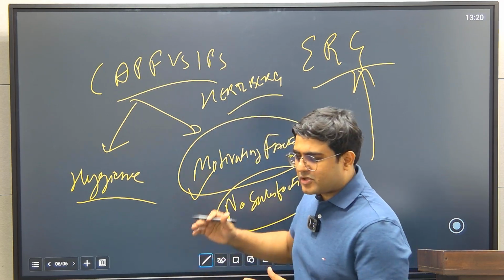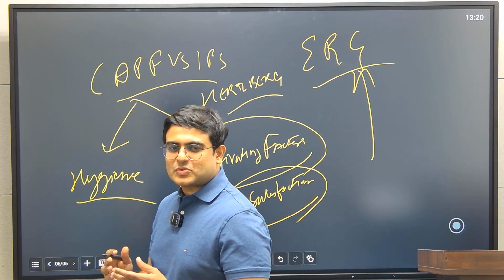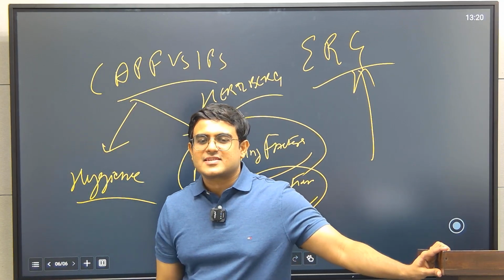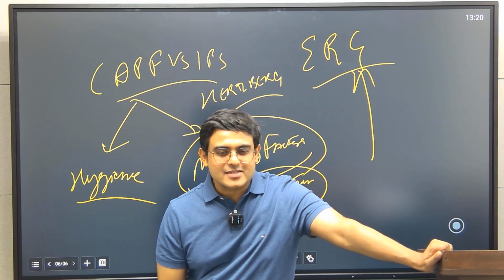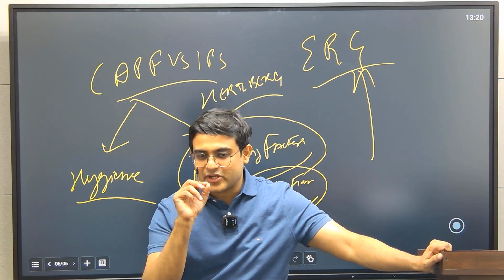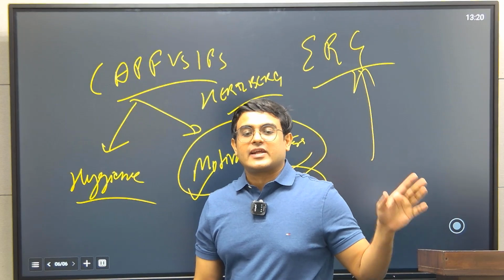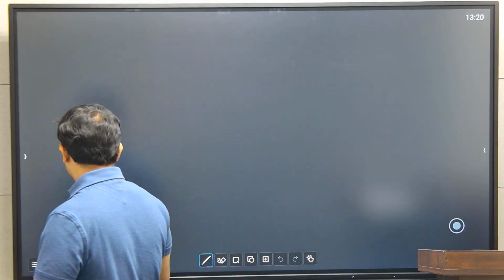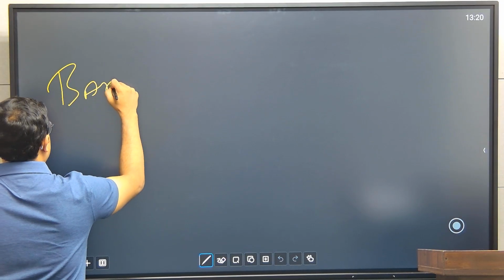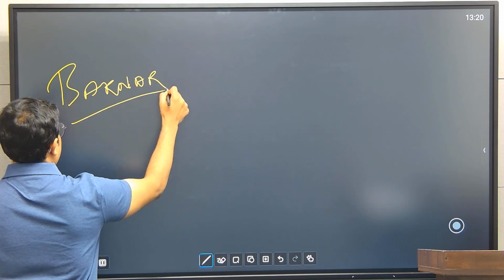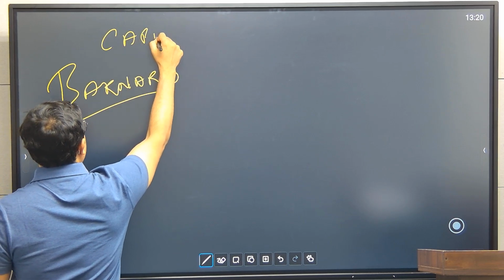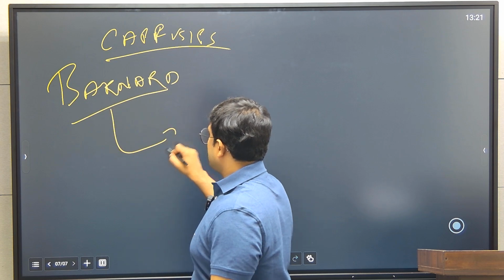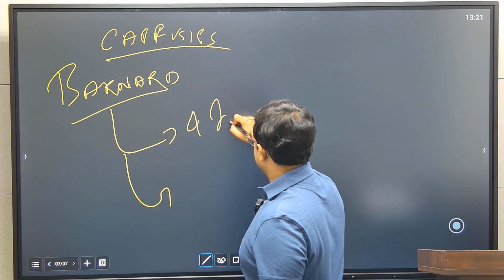Then all the motivation we have linked. Now let's link to the administrative thinkers. Which thinker talked about this? Incentives, etc. Yes, Taylor talked about incentives, but only economic incentives. You connect this with Barnard, Chester Barnard. How can you connect with Barnard? Chester Barnard, CAPF versus IPS. Chester Barnard talks about 4 types of inducement